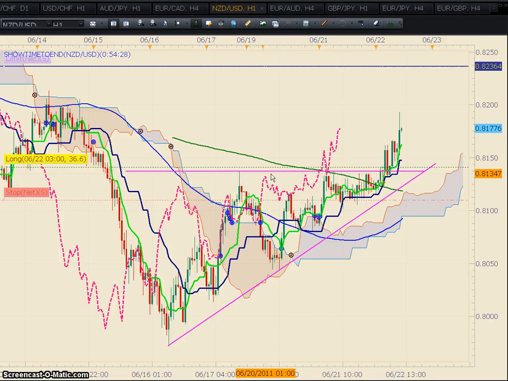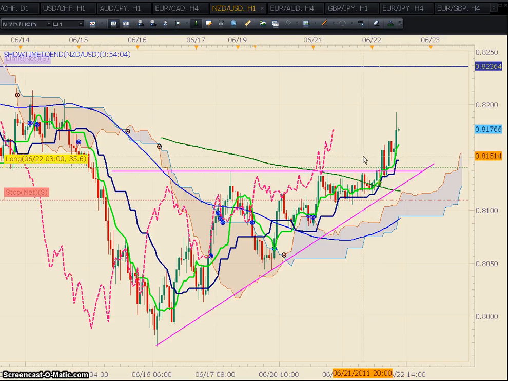And you look here, we didn't break this level here, so I didn't want to get in a trade right here because I knew that we would just be bouncing around off of this level until we had some full commitment of the market. Well, the commitment happened right here with the Kijun, with your Chiku span. It broke this level and closed above this level, and it was this candle here that closed above that level. If you can see that,